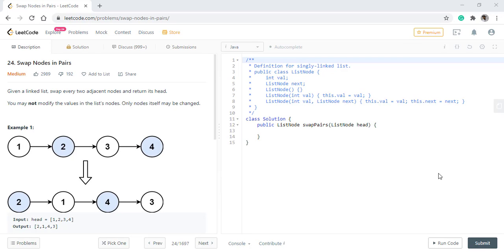Today we will be discussing the question swap nodes in pairs. In this question we are given a linked list and we need to swap every two adjacent nodes and return its head. We may not modify the values in the list nodes and only nodes itself may be changed. So we cannot modify the values and we need to update the next pointers of the nodes in order to